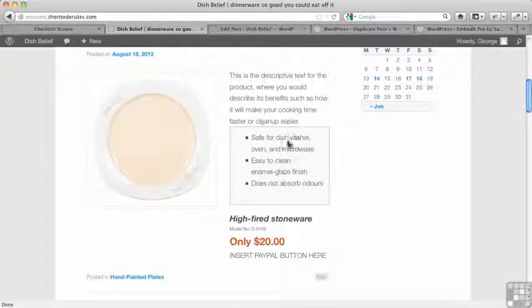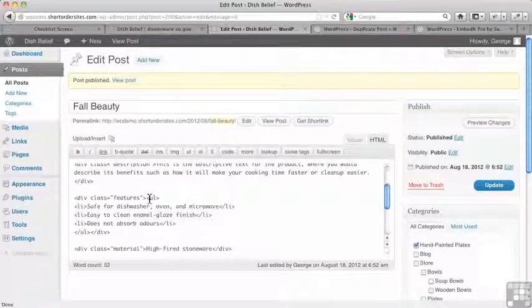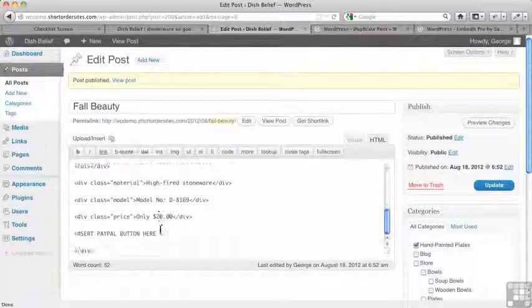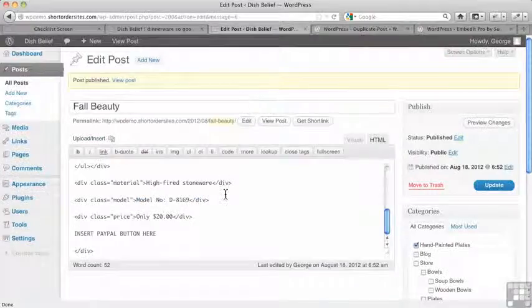Now, the only trouble with that was there was a lot to keep in mind there, right? We had to make sure we erase this image properly. You'd have to make sure you don't accidentally destroy the structure by missing a bracket on something or eliminating one of the divs here. All of those sorts of things. There's a lot of potential here for making a mistake. I mean, it's helpful to copy. And by the way, there are plugins that will even help you with the duplication. So there's one called Duplicate Post, right? You just click a button and it makes a copy of it. But it's that getting right into the code and working in HTML,